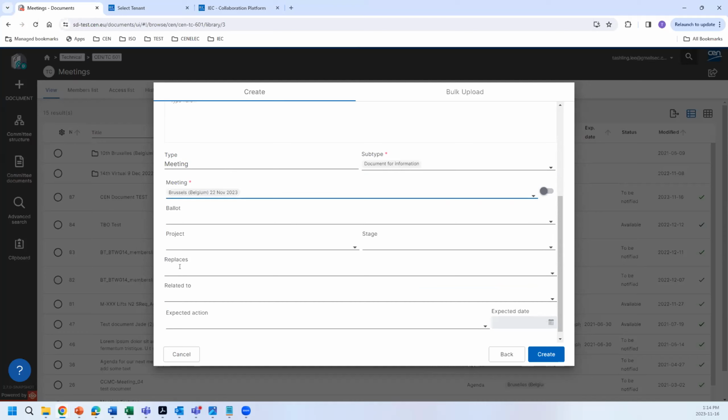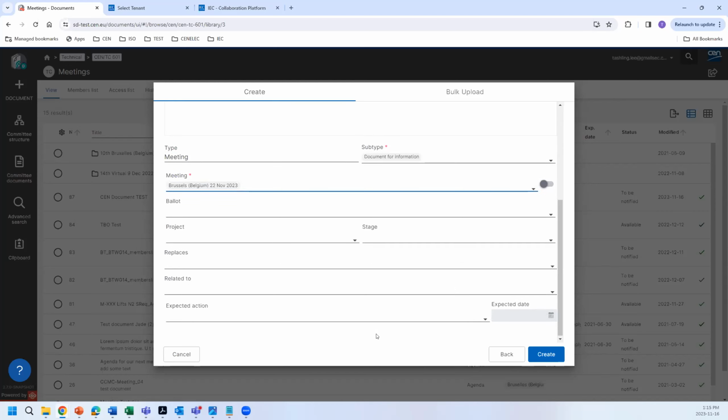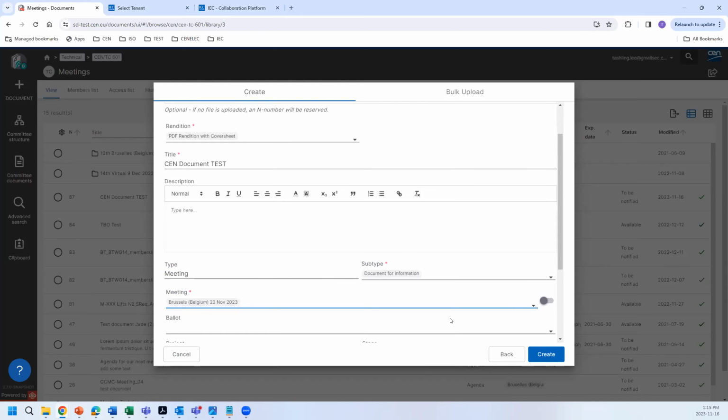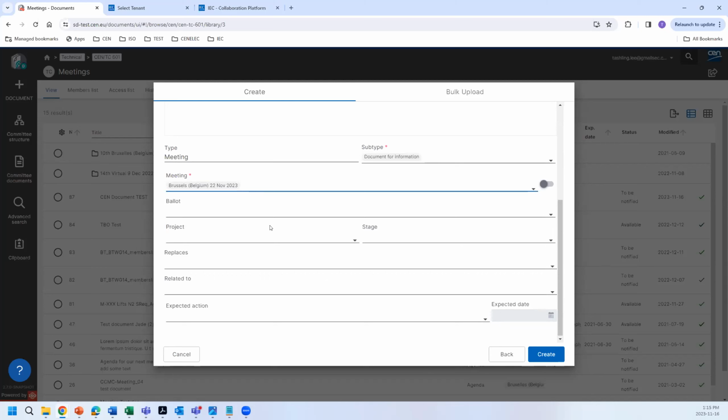If it replaces a formal document, then you would put it here. If it's related to another document, you can add the link here, and then you create your document. What I forgot to mention is that where you have a red little star, these are mandatory fields, whereas the rest is not. So I create my document,